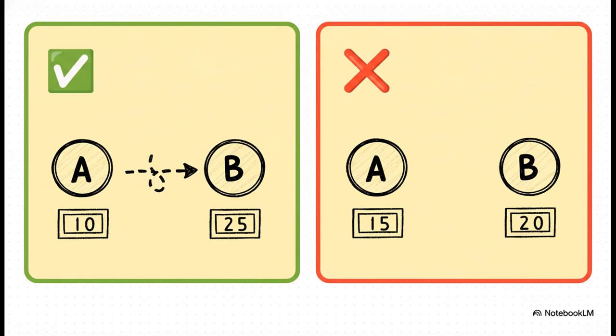But, and this is a really crucial but, Lamport clocks have one tiny limitation. They guarantee that if event A caused event B, then A will have a smaller timestamp. Perfect. But the reverse isn't necessarily true. Just because A has a lower number than B doesn't prove that A actually caused B. They might have been two totally unrelated things that just happened to get those numbers. It can't tell the difference between true cause and effect and just coincidence.